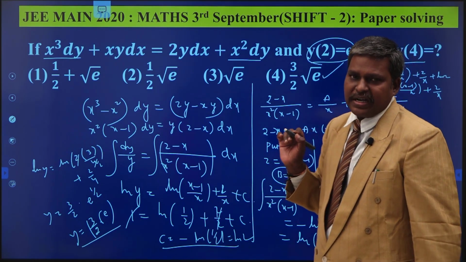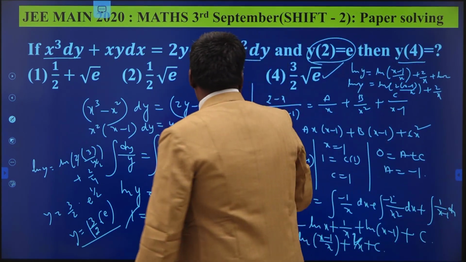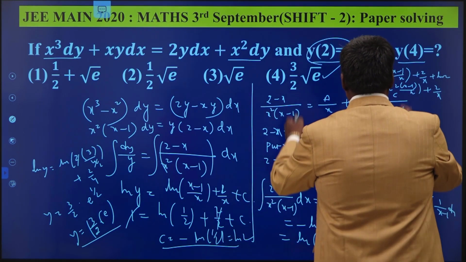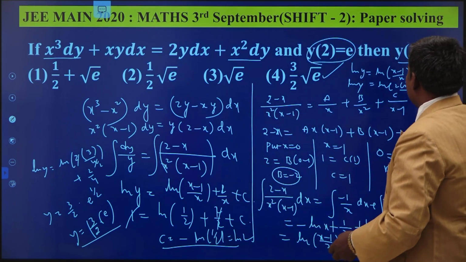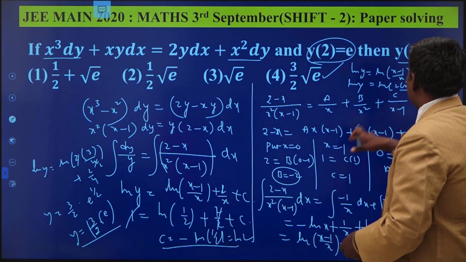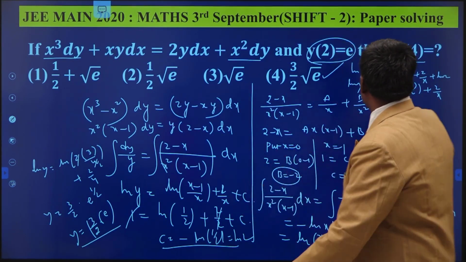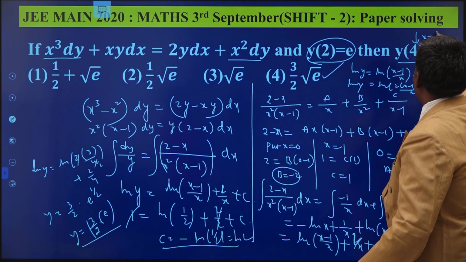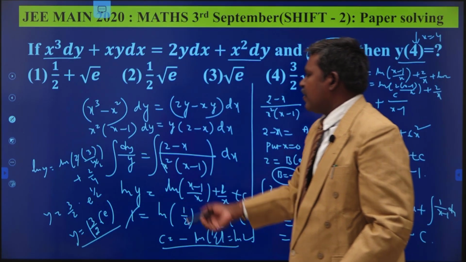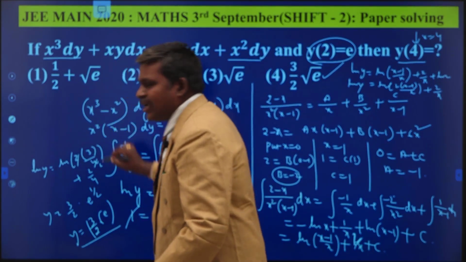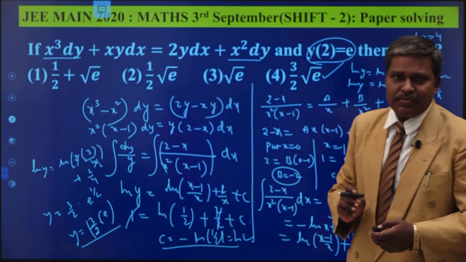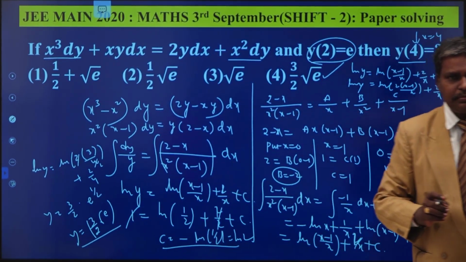So the calculation part plays a very important role here. One partial fraction is there. After getting the partial fraction, you have to find out the value of c also. That takes a major role here. After getting the equation, you need to substitute x equal to 4, and then you have to find the value of y by taking log to the right side. These are the calculation parts.